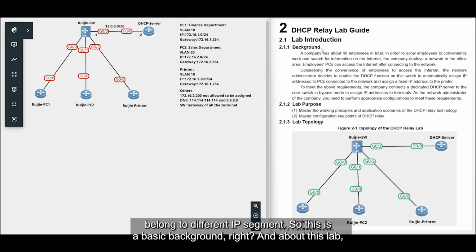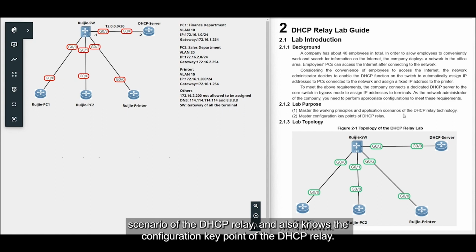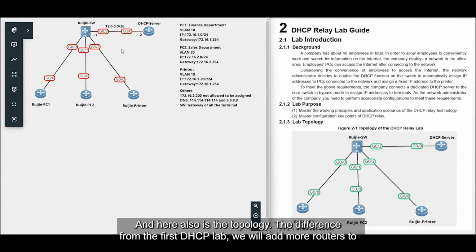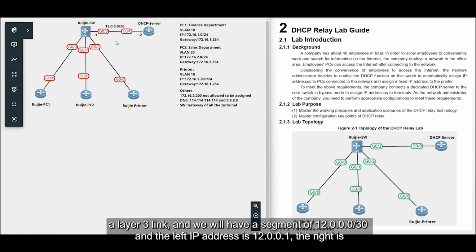About this lab, the purpose is, first, we want everyone to master the working principle and application scenario of DHCP relay, and also know the configuration key points of DHCP relay. And here is the topology. Different from the first DHCP lab, we add a router to become the DHCP server. And between the switch and the server, there is a layer 3 link,